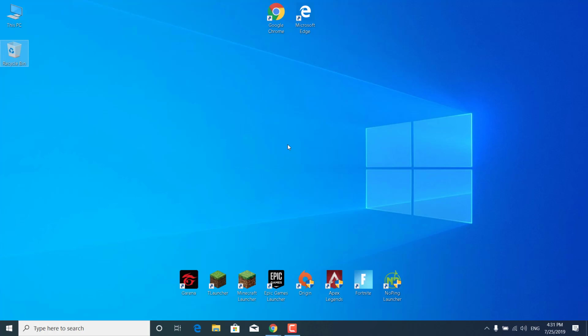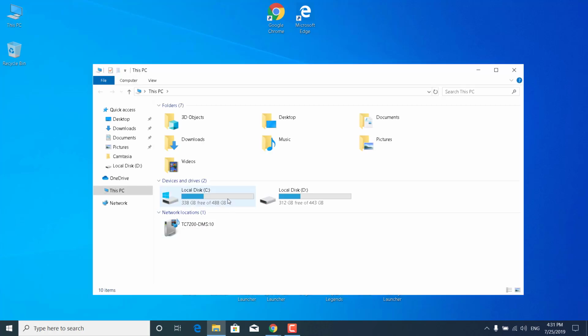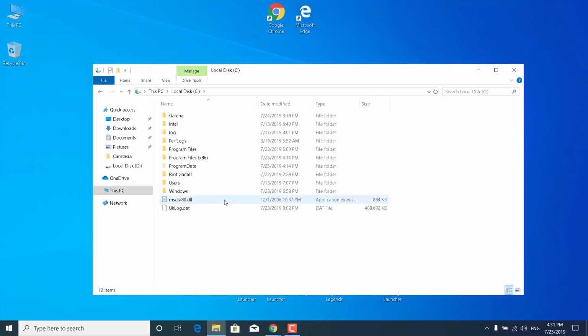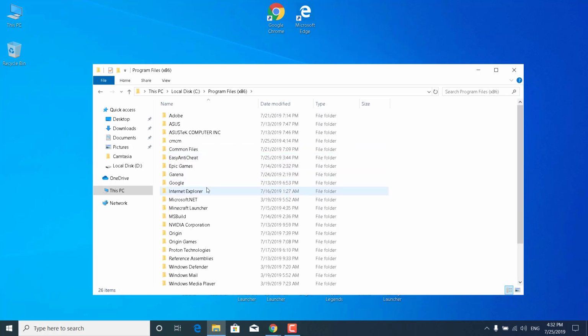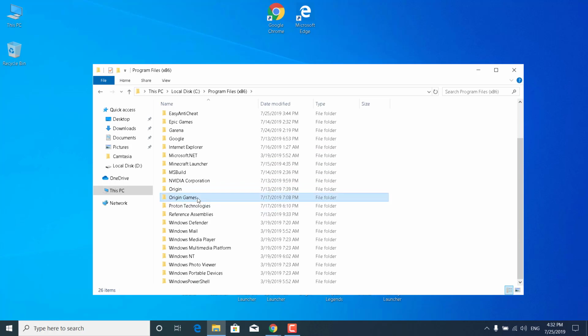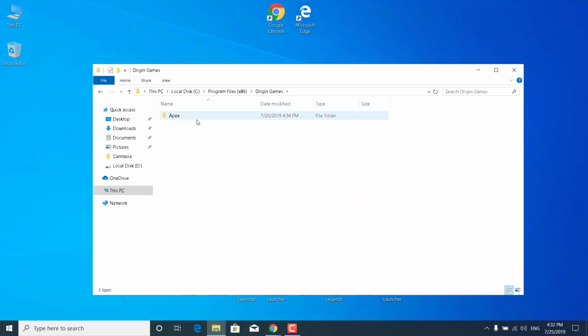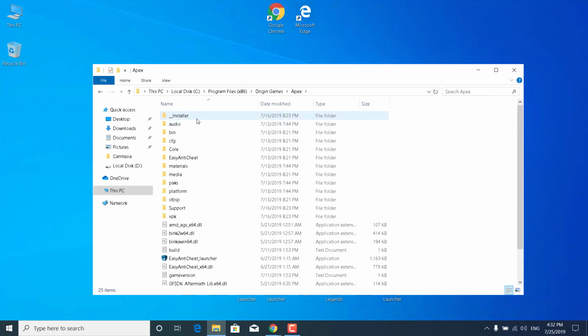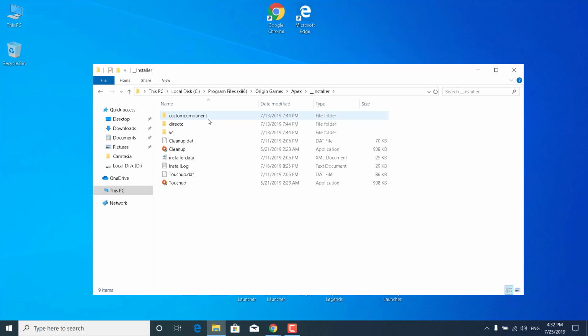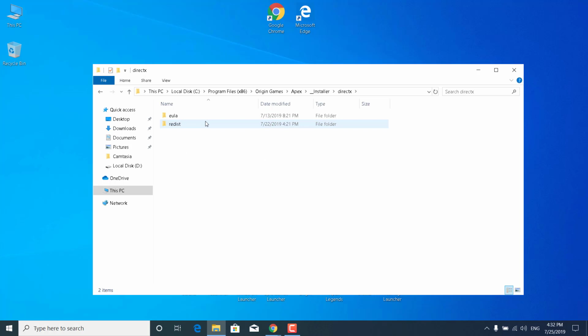Let's start. So what you want to do is open up this PC, go to local disk C or the drive where you have Apex Legends installed at, open up the Program Files x86 folder, open up the Origin Games folder, open up the Apex folder, now open up the installer folder, okay, and go to DirectX, go to Redist,